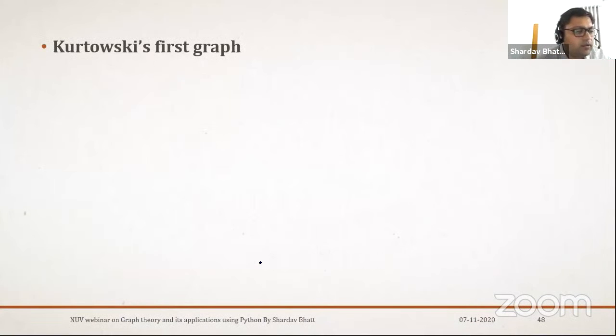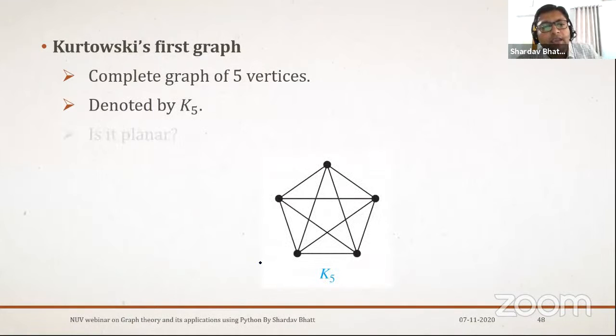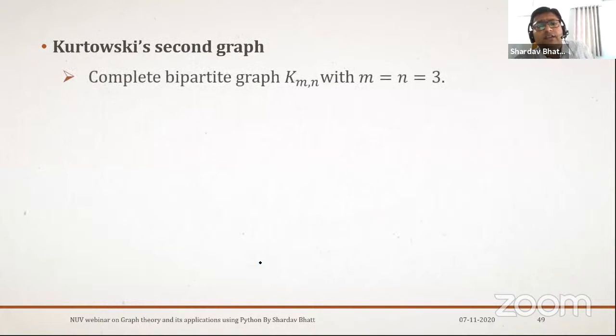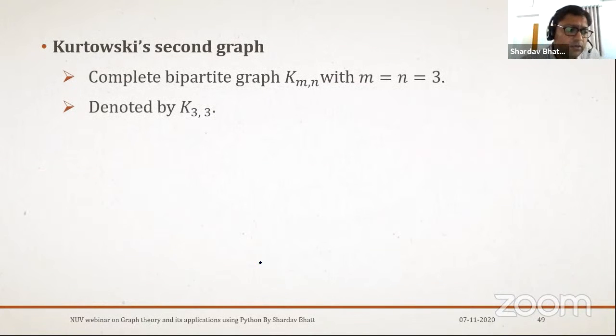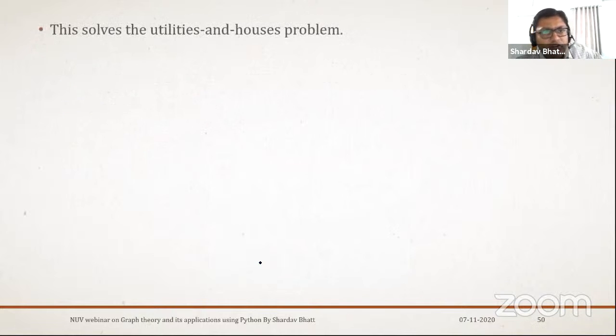Kuratowski is the name of one of the mathematicians who gave us a theorem which says whether a graph is planar or not. So he gave two graphs. The first graph, which is a complete graph of 5 vertices, denoted by K5, is not planar. He gave another graph, which is K33, which is nothing but a bipartite graph with m and n equal to 3. Is it planar? Well, it is also not planar. You can check later whether it is planar or not by drawing this in a different way, but actually they are not planar. Kuratowski told that, so before that,